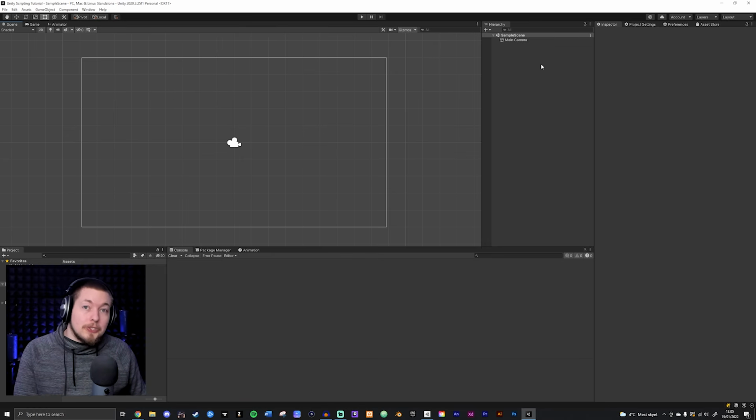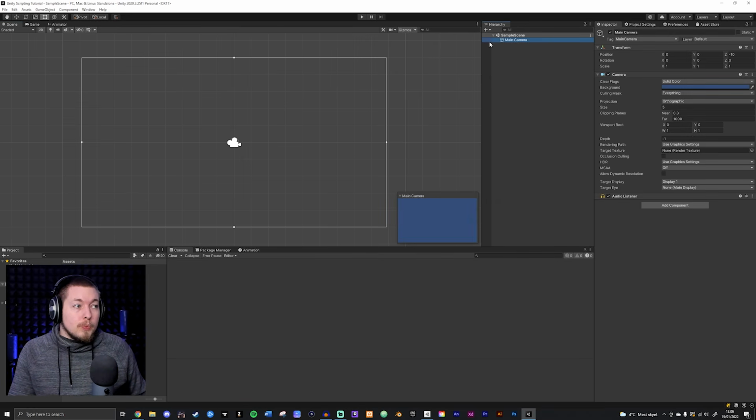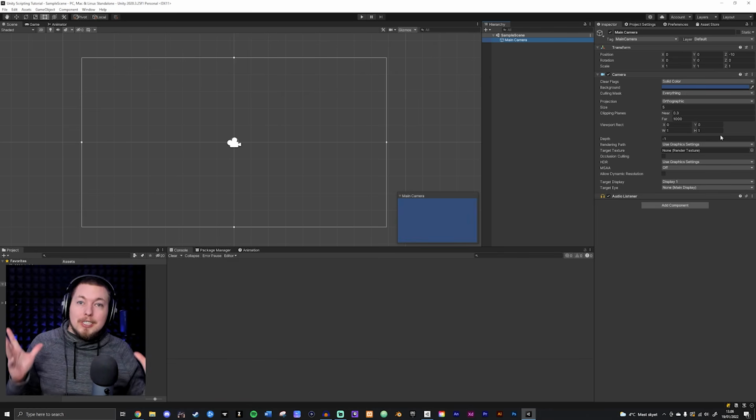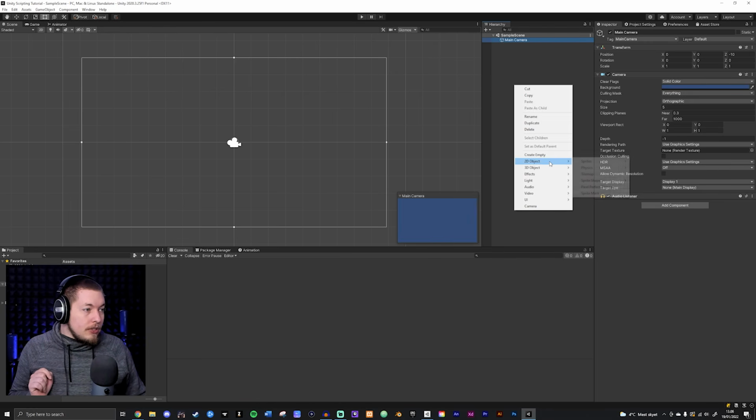If you have trees or player models or enemies or anything like that, it is going to show inside this hierarchy window here. When you click just one of them, like for example the camera that I have open right now, you can see we have the inspector over here. And the inspector is basically just a place where we can see all the different components and properties of this particular game object. So for example, the main camera, or if I right click and then create a 2D object,